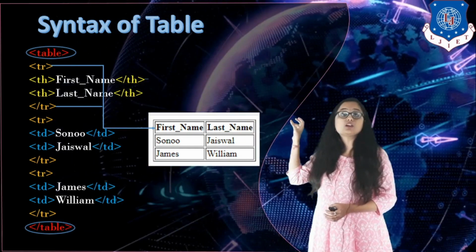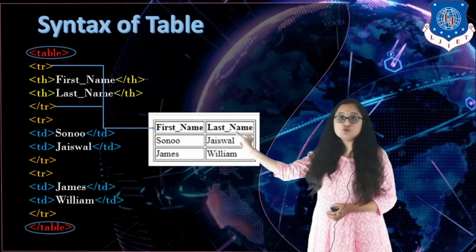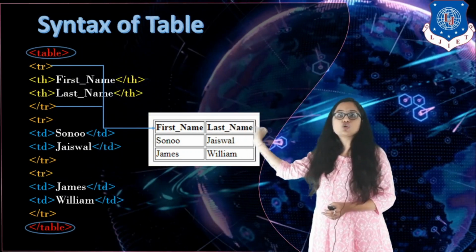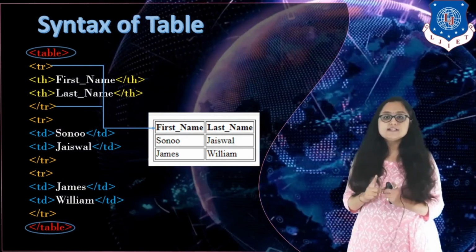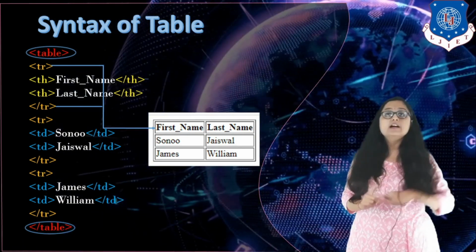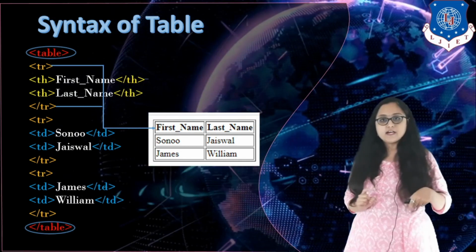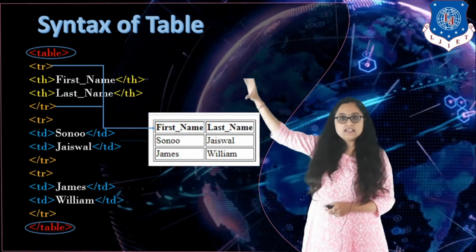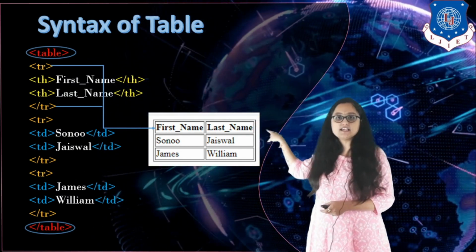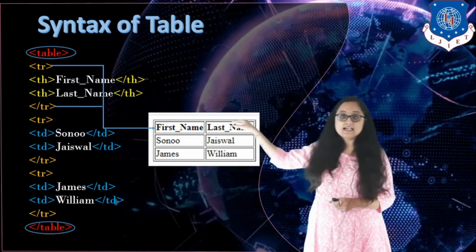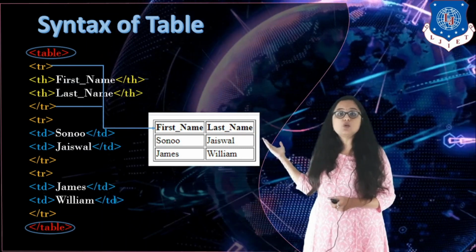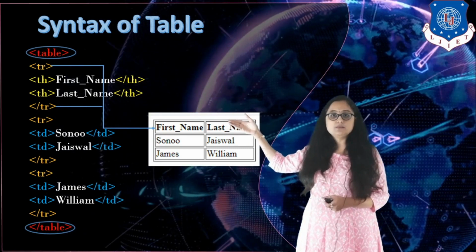Whenever you want to write the data or value of a particular row and column, you have to use the TD tag. So the value is compulsory and mandatorily written inside TD, right? So here I have declared TR start and TR end, which indicates this first row. Now you have to count how many columns I have inside this first row. You have 2 columns, it is very much visible, right?